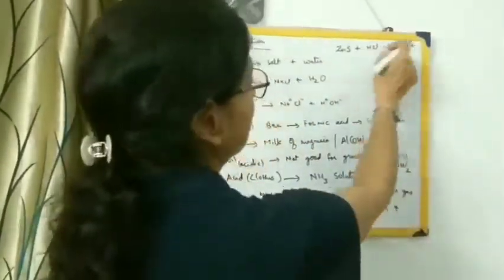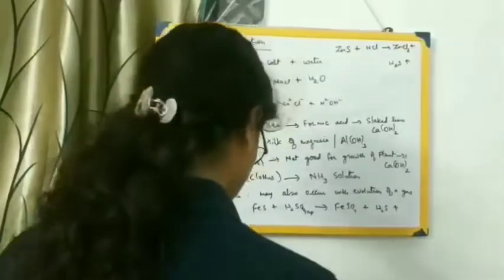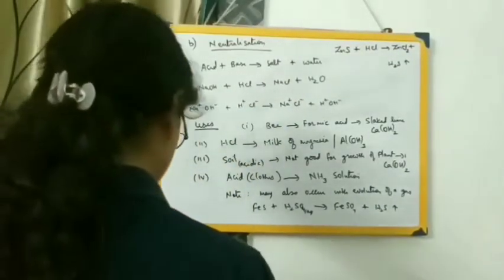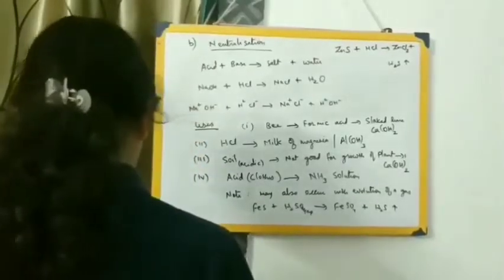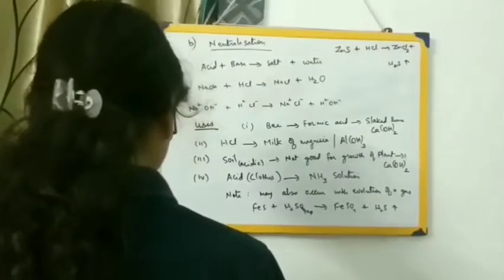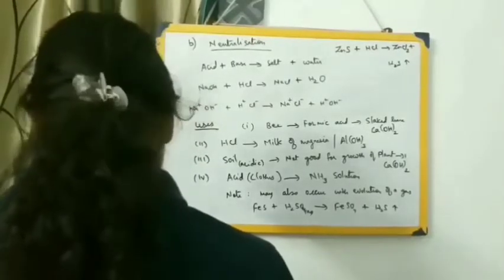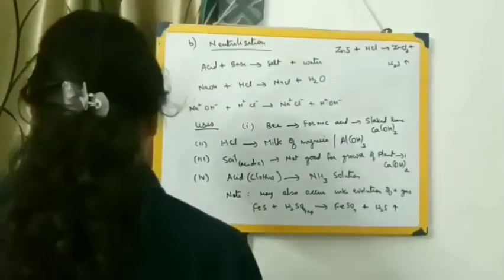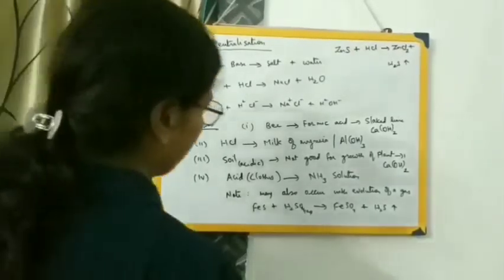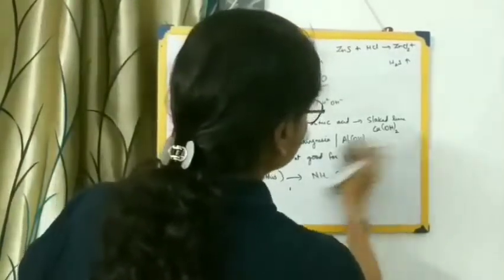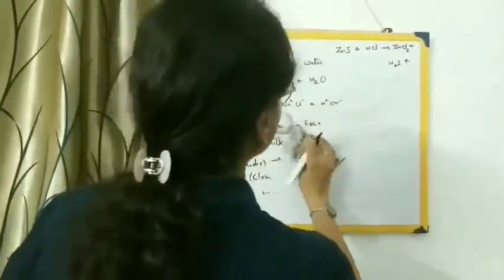Here also you can see the compounds are mutually exchanging their radicals. So all these are examples of the double decomposition reaction. I hope you are clear with the different types of double decomposition reaction. Now let's have something more besides it, that is energy change in a chemical reaction. Okay, now one more type of reaction which I missed out. Let me first discuss that one.